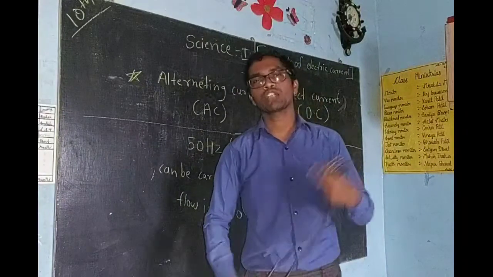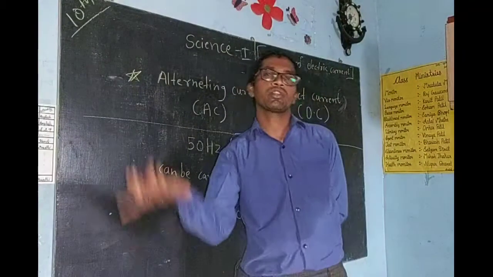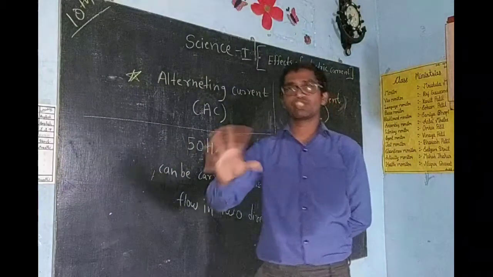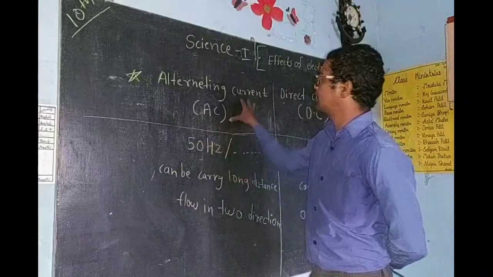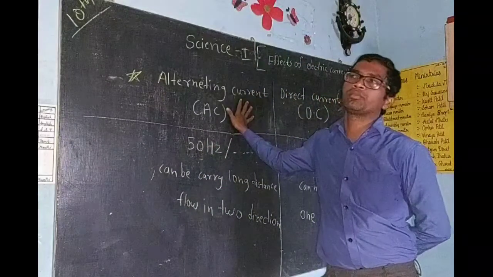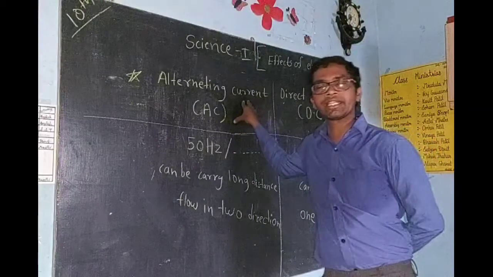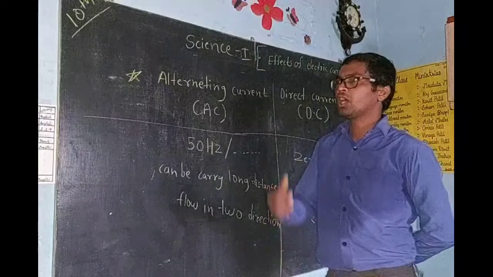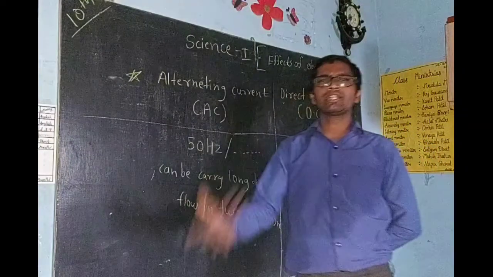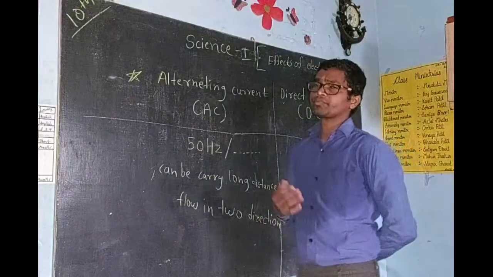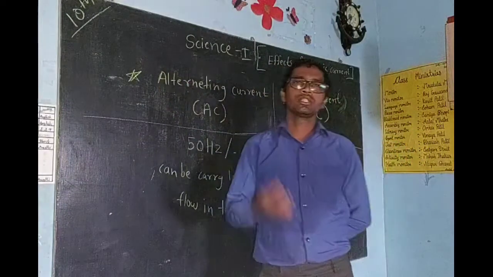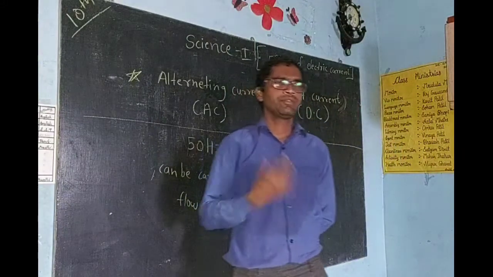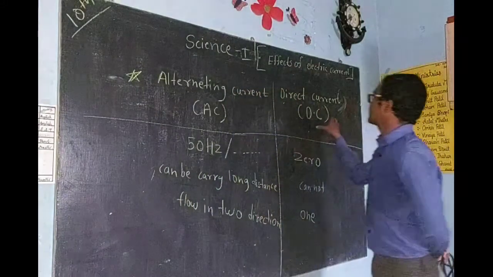Now in the market, both kinds of appliances are available, which work on direct current and which work on alternating current. But some differences are there in their structures. Alternating current is very beneficial, and most of the time, about 80%, alternating current is useful. For DC, most of the storage devices like your laptop have batteries. Where batteries are used, there is direct current: mobile, laptop, your wristwatch or your clock. You can observe so many things which work on batteries and cells. There we use direct current.